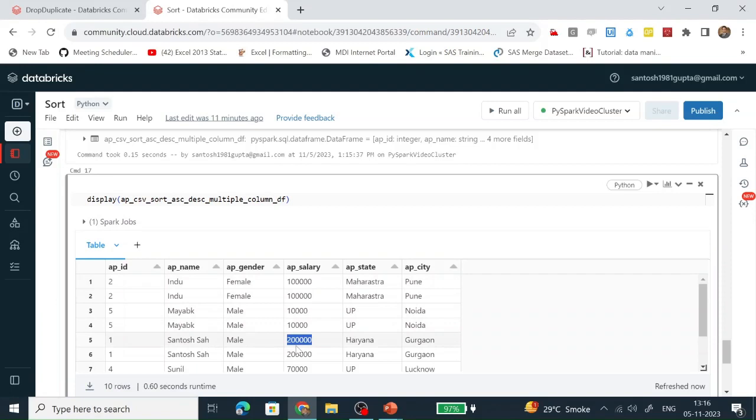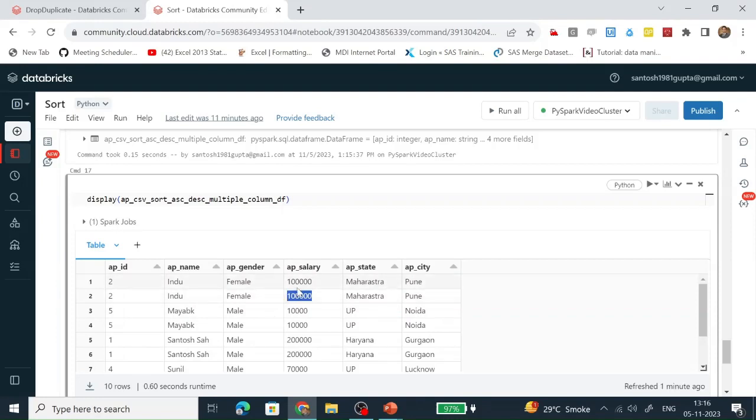We don't have more data. That's why, if you see the first AP name, 1000 is there. But how would it be visible if you have more data? In the second row, it would be lesser.